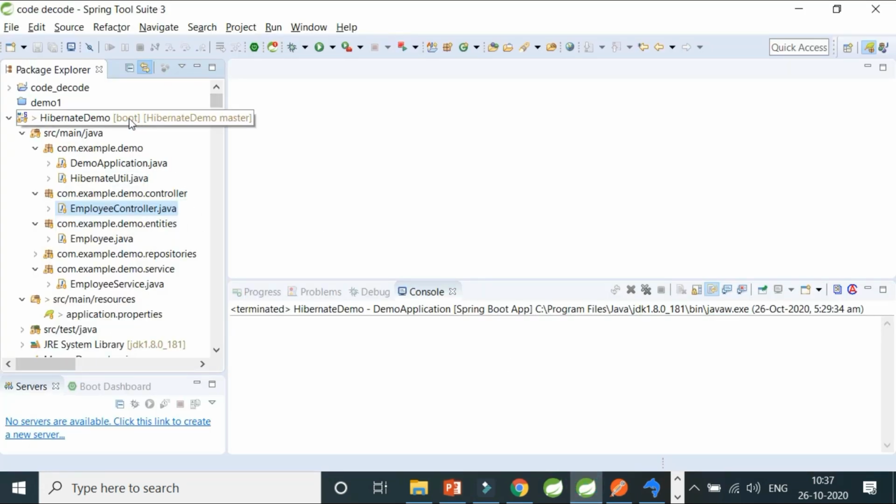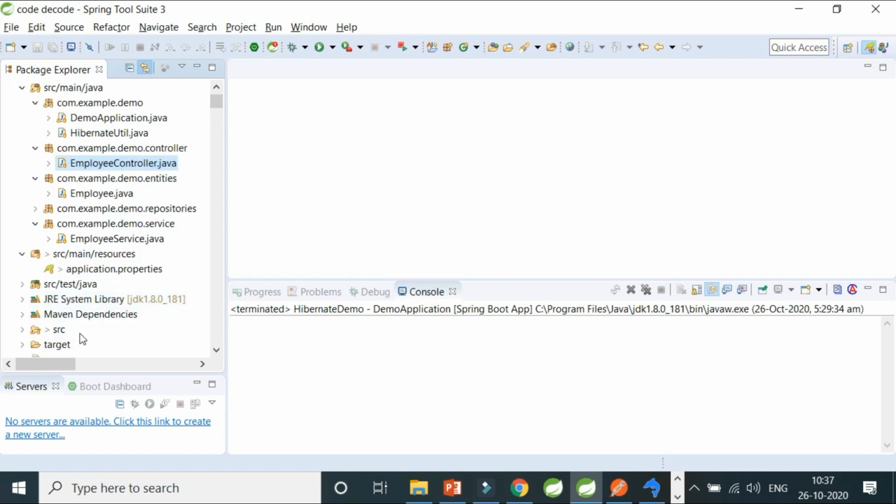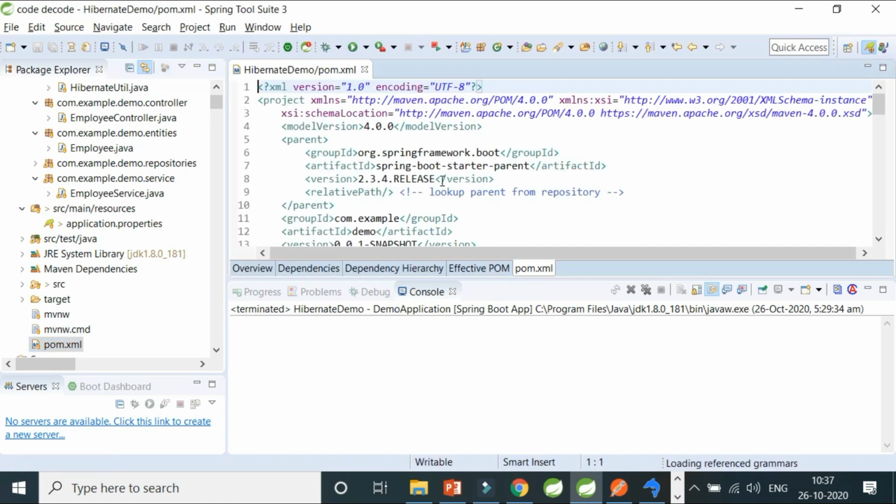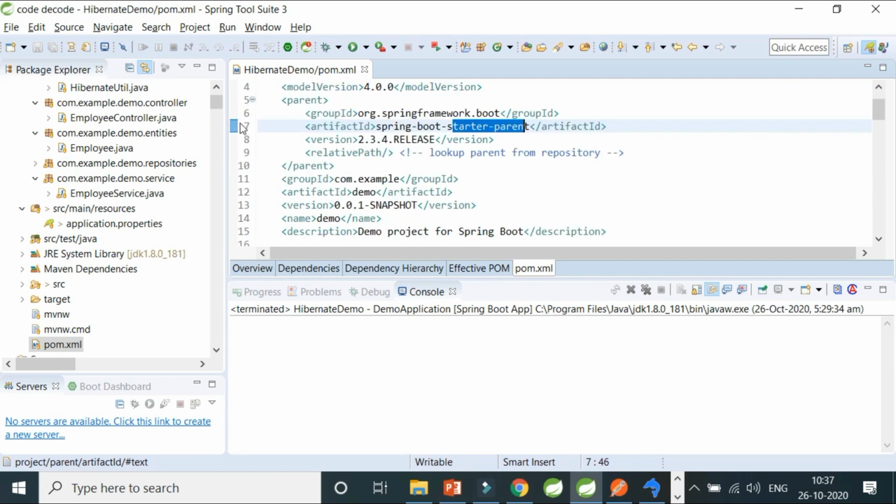So basically I had a Spring Boot app which I created initially. Now to make that a Hibernate project, what I have done in addition is in the pom.xml of the Spring Boot application. And how can I prove that it is a Spring Boot application? If you can see, the parent of this is Spring Boot starter parent. So this makes sure that what I've created is a Spring Boot project, because the parent of this project is nothing but the Spring Boot starter parent dependency.